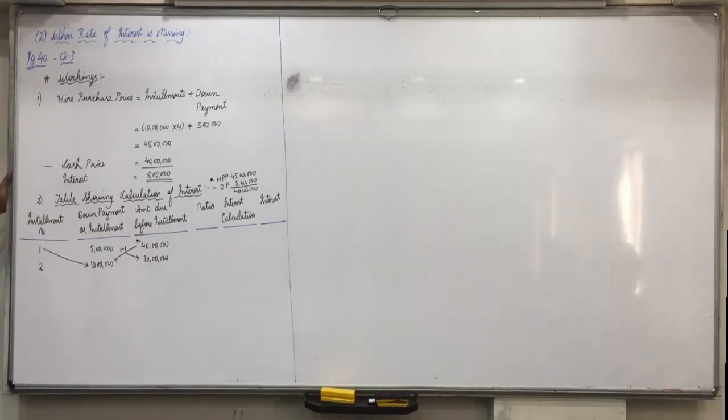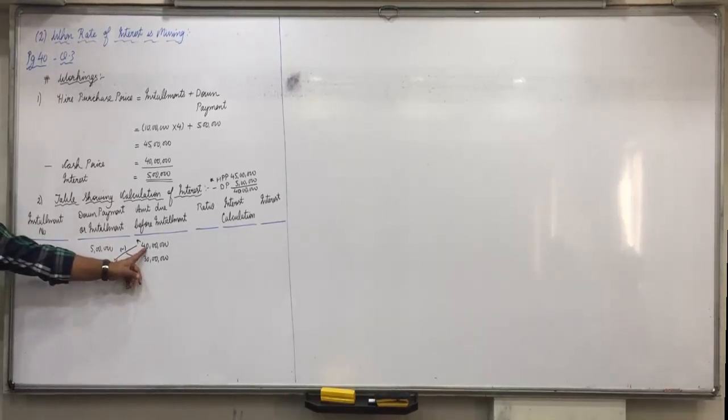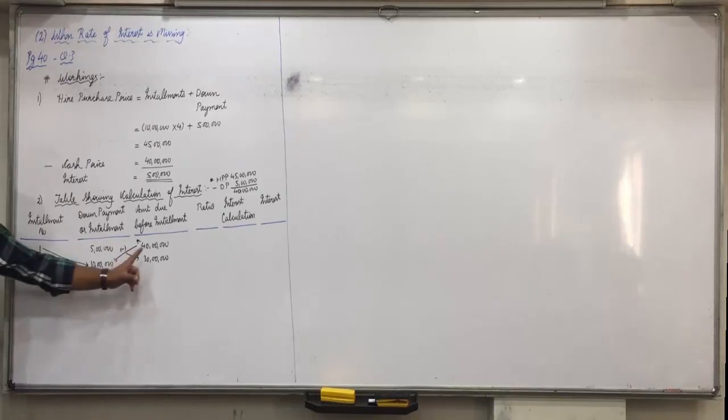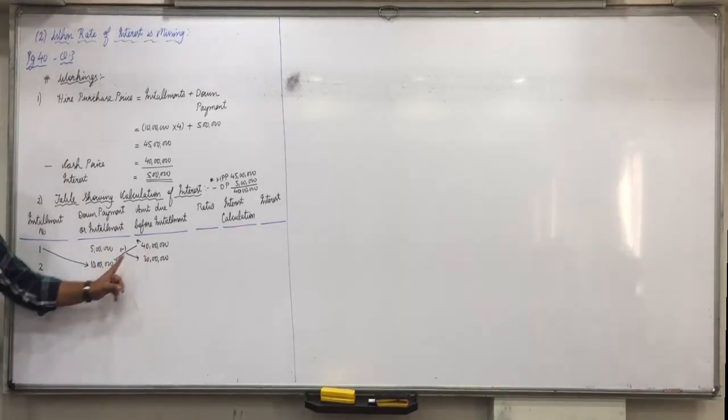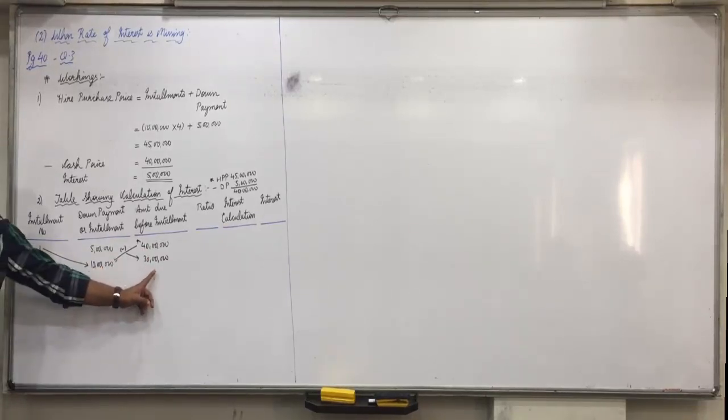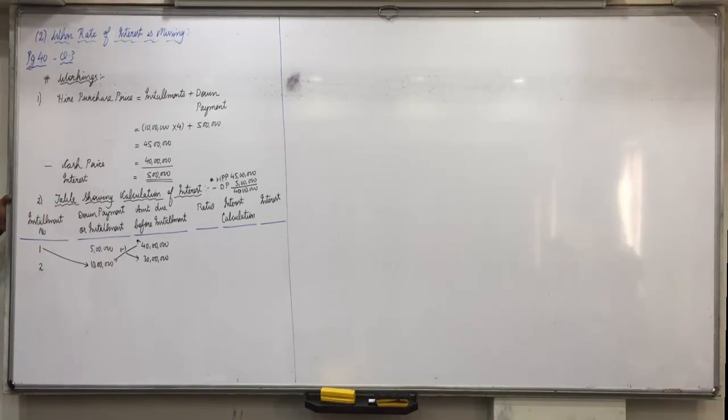See, this is what I made you write over there. What did I make you write in the workings in 3? 3 minus 2. What is the column 3's amount? 40 lakhs minus column 2's amount? 10 lakhs. Did everyone of you understand this? So amount due before second installment will be, what was the amount due before first installment? 40 lakhs minus you paid first installment of 10 lakhs. So what will be the amount due before second installment? 30 lakhs. Able to understand this?